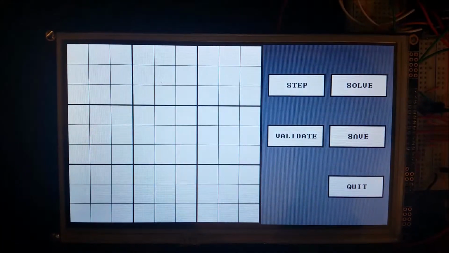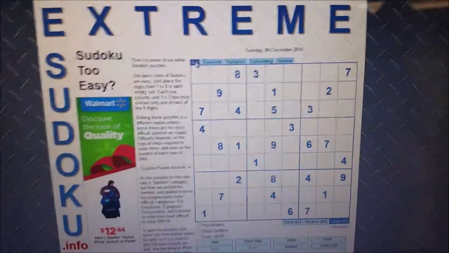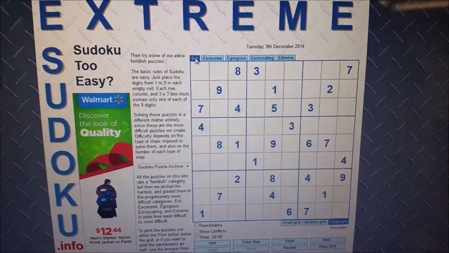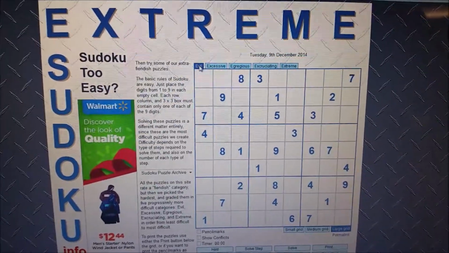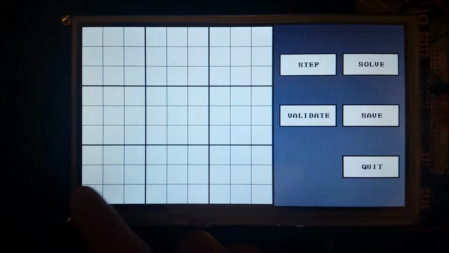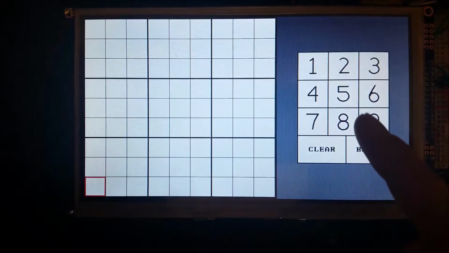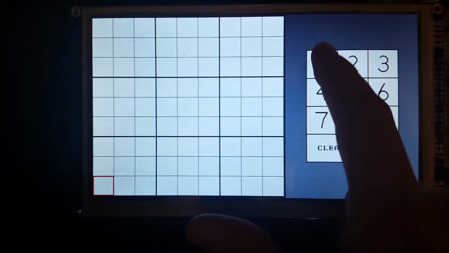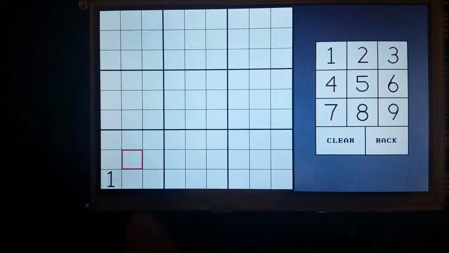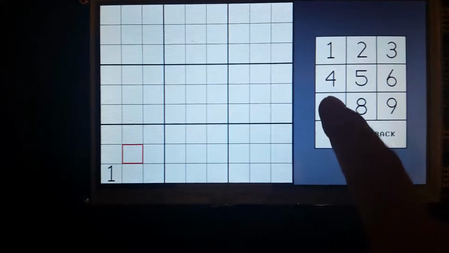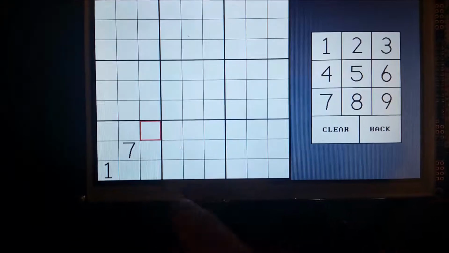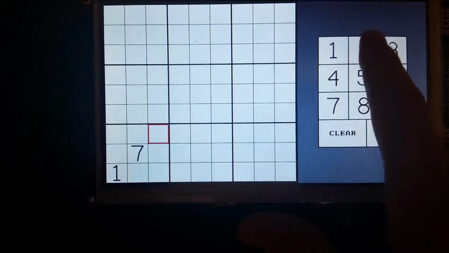And so here on the screen, I've pulled up a difficult Sudoku puzzle that I will proceed to input in here. I'll show you the process of how to do this. First, we do that. That corresponds to a 1 there, 7, 2,